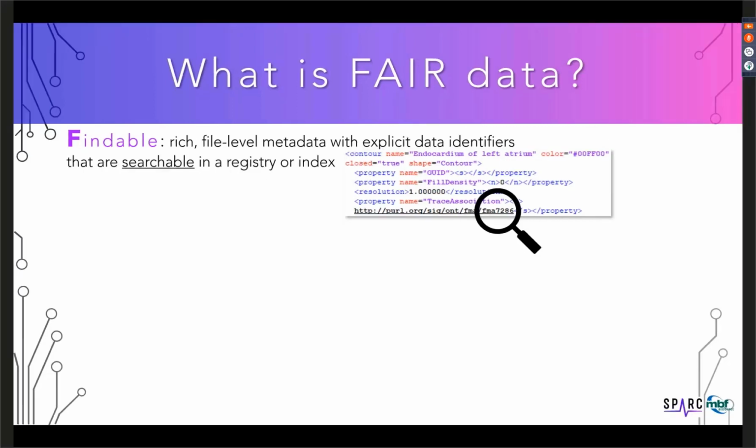Because we have built-in API access to the SciCrunch vocabulary databases within MBF software applications, we are able to write unique identifiers to the data file for each contour that was segmented. For example, here, the endocardium of the left atrium has an FMA ID of 7286. This ID and the entire URL to the parcellation where the term is cataloged is findable to both humans and